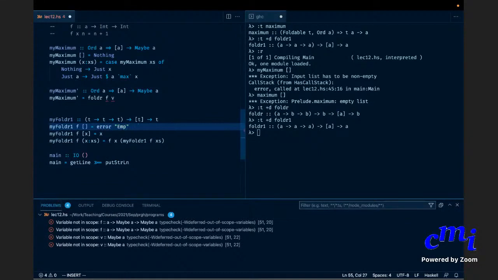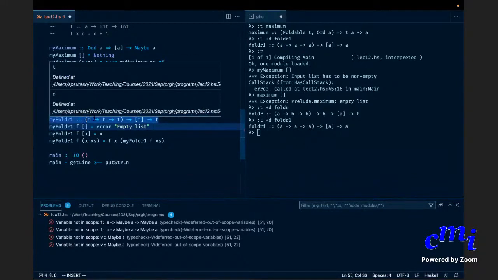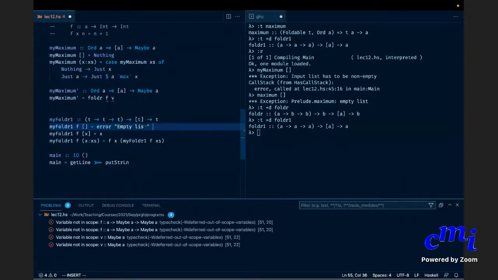I mean, this is not correct programming. You don't want to give errors like this, but I'm just trying to ensure that there are no silly warnings here about non-exhaustive patterns.